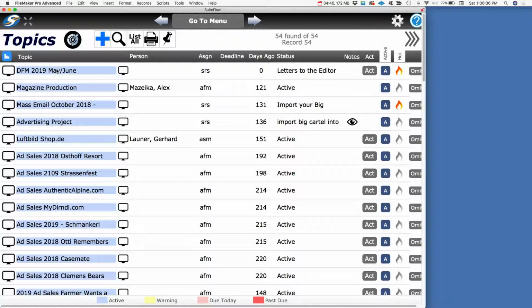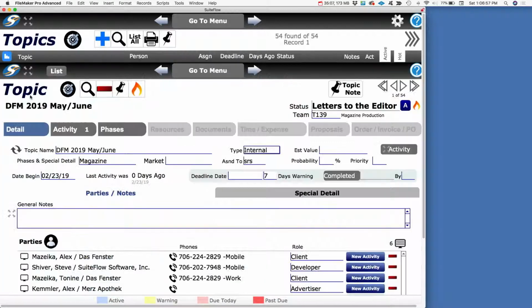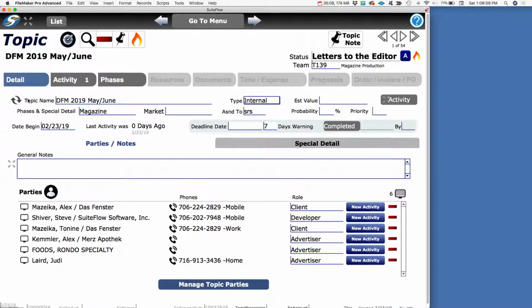And then now the next question is, okay, so I don't sell. Let's take one like, let's take my Dirndl right there. Okay, so I didn't sell them for this next issue, but I'm not going to stop that process. I'm going to recontact them again for the next issue. So how do I get them from being a phase in this issue and just transport them to being a phase in the next issue? And you know the answer to your question, and you're going to remember. Because all you have to do is come